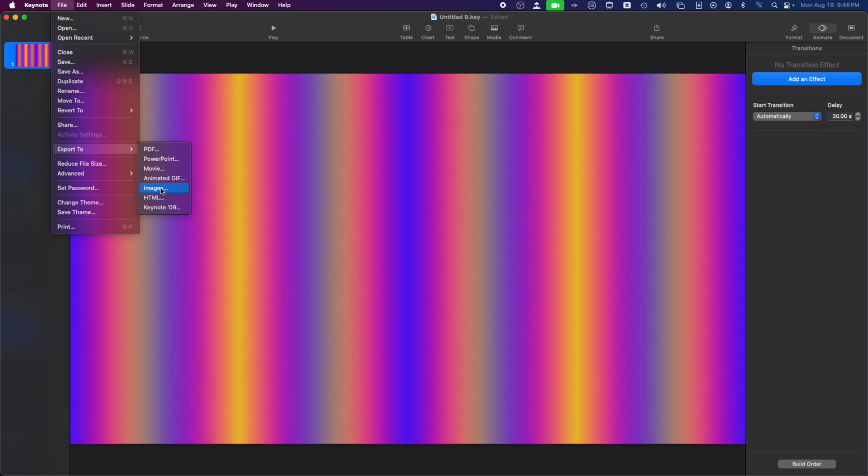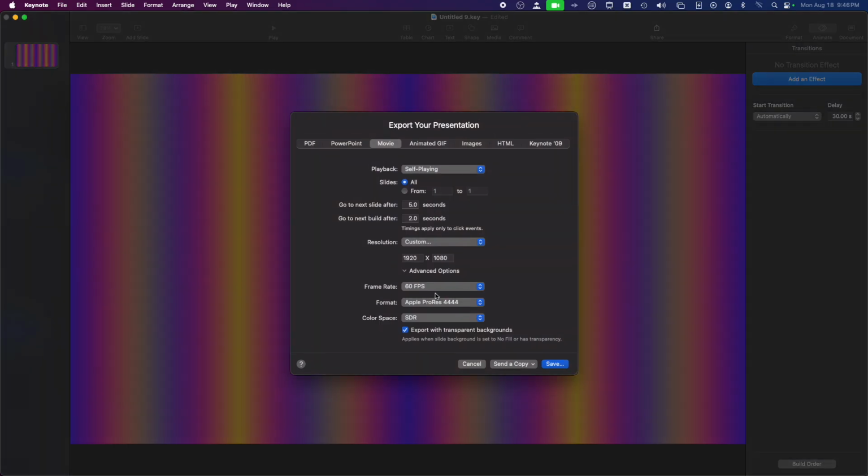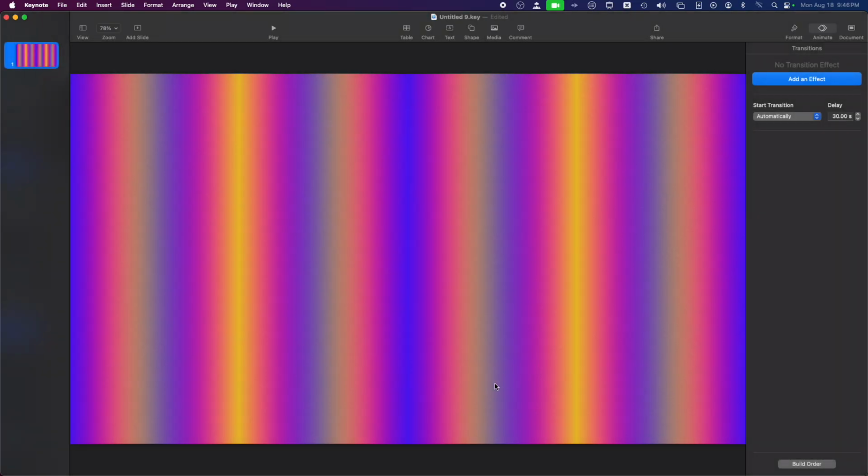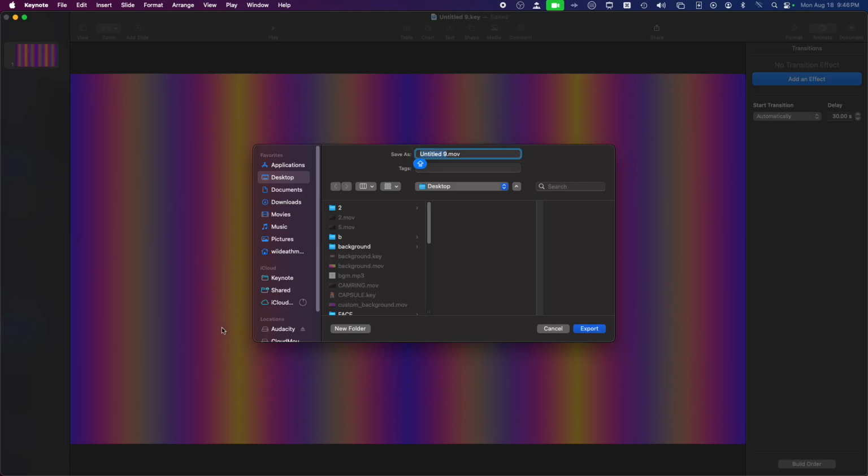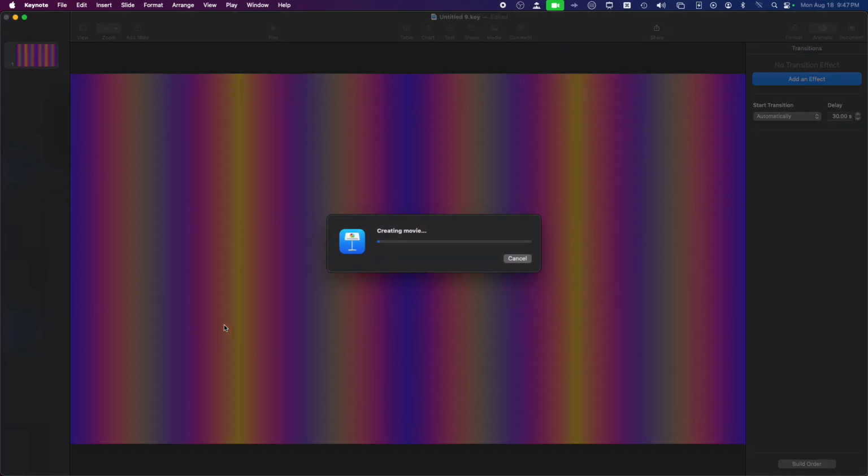So now you go to File, Export, and you export it as a movie. To export as a movie, go here, ProRes 4444, save. I will type in TEST. So once this finishes,